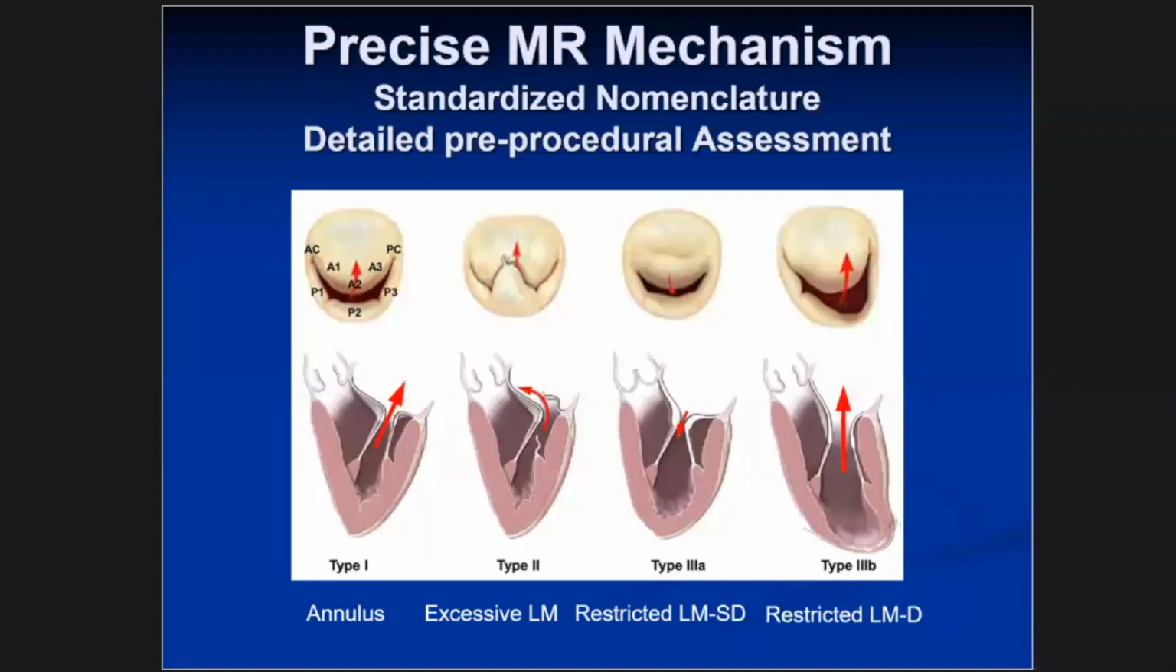And so type 1 mitral regurgitation is related to annular dilatation. Type 2 is related to excessive leaflet motion. Type 3A and B are restricted leaflet motion, where typically 3A is rheumatic disease, and 3B is restricted leaflet motion in diastole and systole, which is more related to cardiomyopathy. So it's very important to be as descriptive as possible in your reports, so we as surgeons can be more